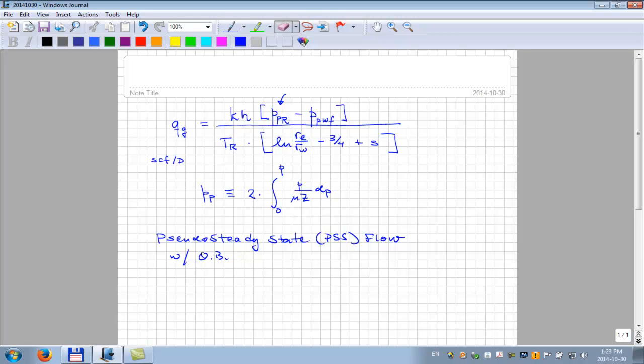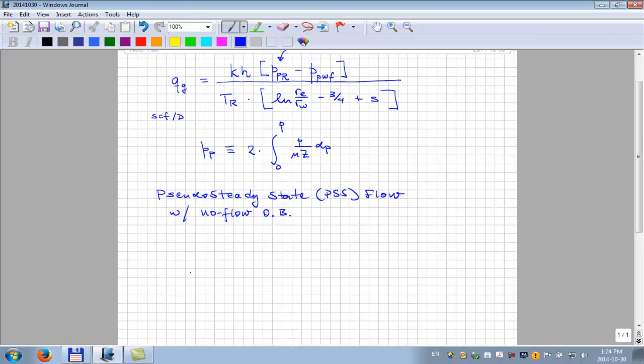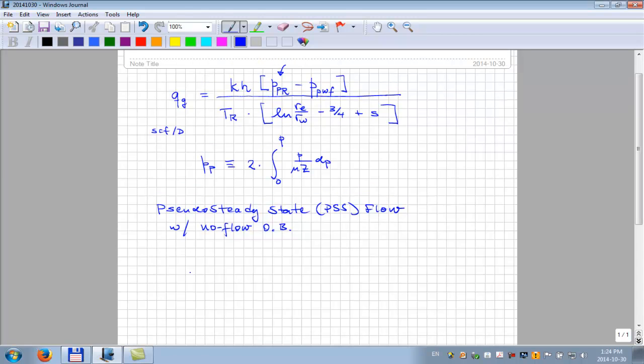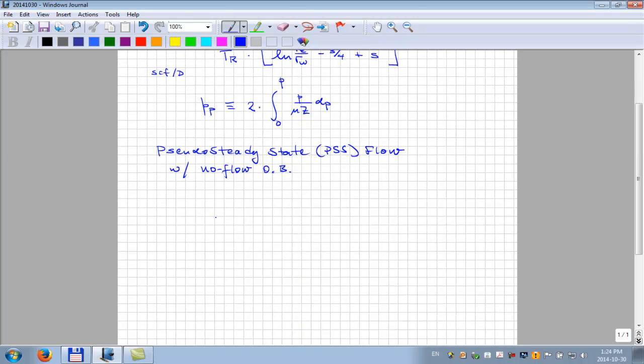I'll just write no flow outer boundary, like that. And what do we mean by steady state? It means that everywhere within this flow unit, this flow volume, from RW,